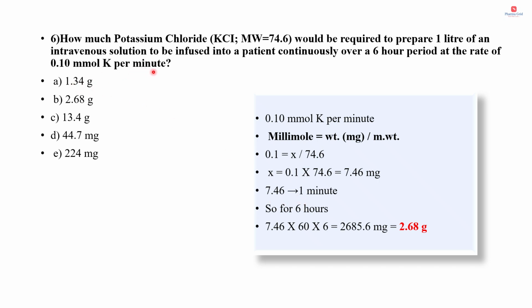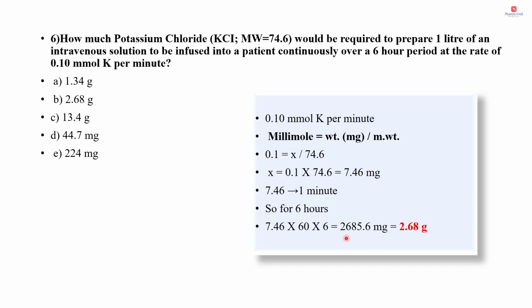See, the rate is given in 1 minute. But we need to find out the amount that is to be infused for a period of 6 hours. Okay, so we know for 1 minute. So how will we calculate for 6 hours? We know that 1 hour is equal to 60 minutes. So for 6 hours, weight of this potassium chloride in milligram, that is 7.46 into 60 into 6, that is equal to